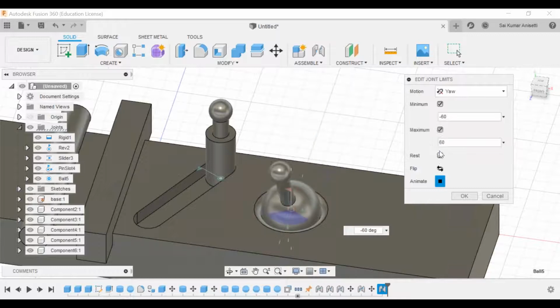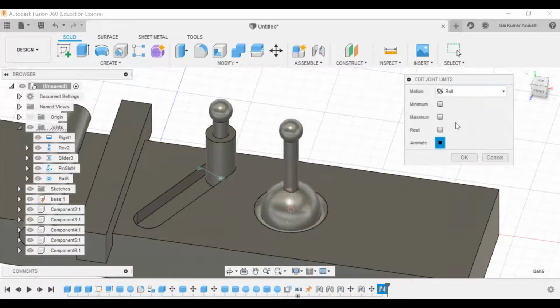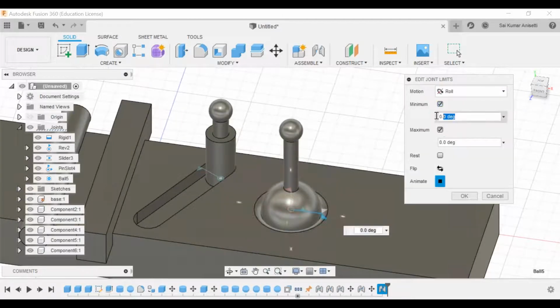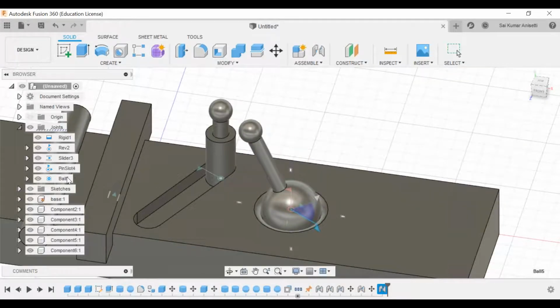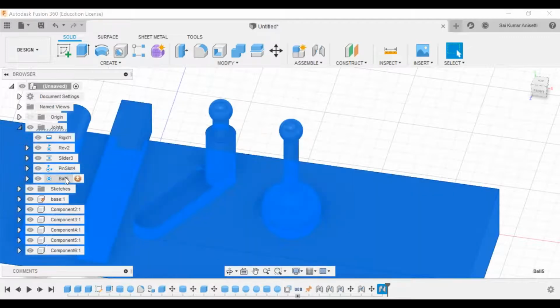That becomes your joystick. Completely it can rotate in all 3 directions: roll, pitch, and yaw. Generally we'll go with -30 to +30. Okay, click OK.